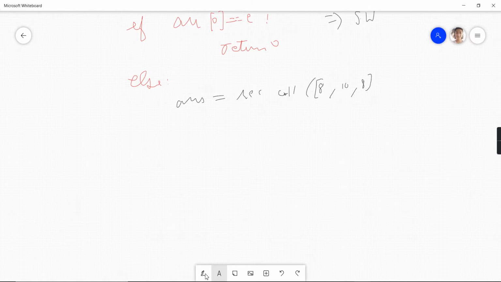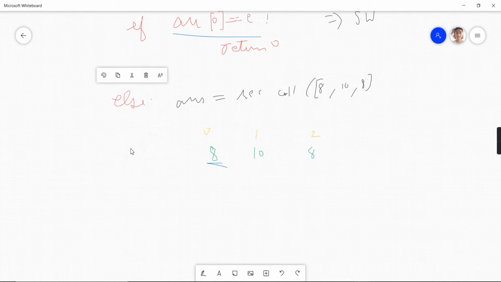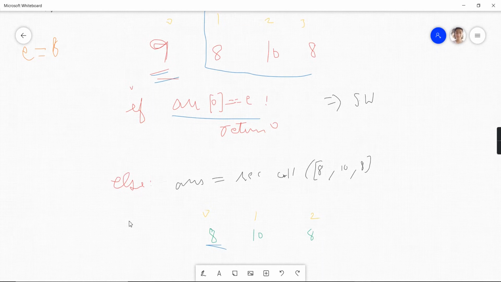Now the recursive call will evaluate this array 8, 10, 8. For recursion, this is the array, and recursion will do the indexing 0, 1, 2. Again we'll check if ARR of 0 is equal to the element, and the element was 8.